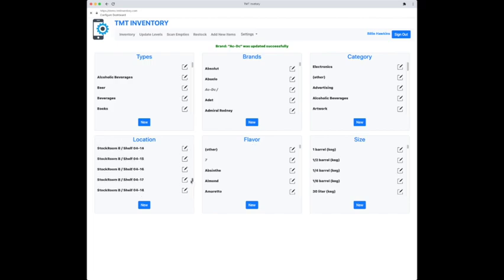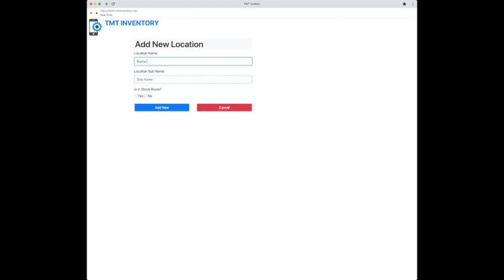You'll notice here that our system also comes pre-configured with some stockroom, refrigerator, and backroom options. However, those may not fit your needs, so you can always add your own. In this example, for the location, we'll want to talk about the front shelf. This may be a corner bar or a specific location within your front of house that you might want to